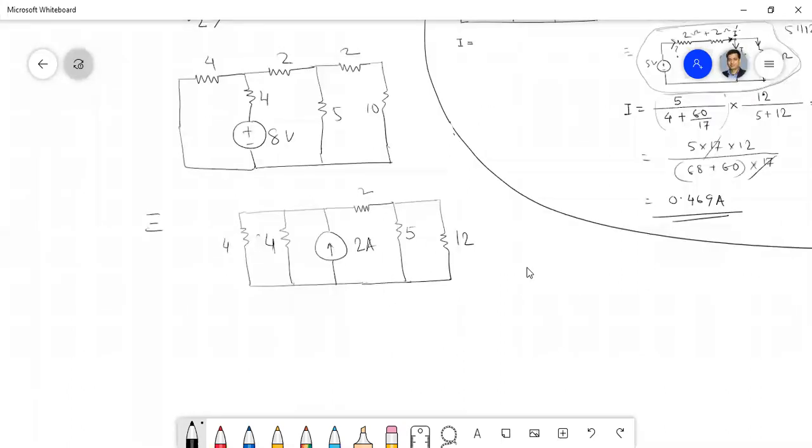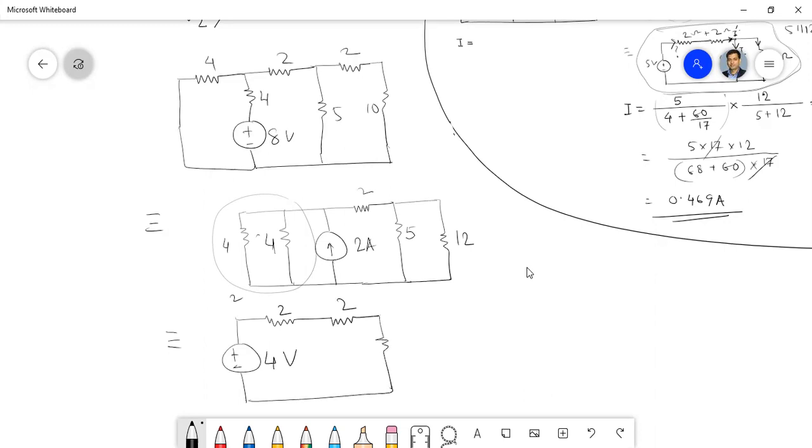Okay, so then current source in parallel with 4. So that means what will be the voltage source value again? Quick. What is this combination value? 2. So here you will get 2, another 2 already you have. And what is this voltage source transformation? 2 into 2, 4. So this is 4 volt. I am not disturbing the 5, because the more I disturb the 5, the less I can find the current of the 5 separately. So that is the method.